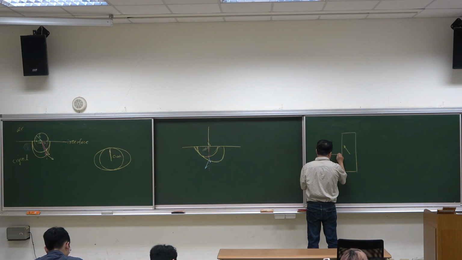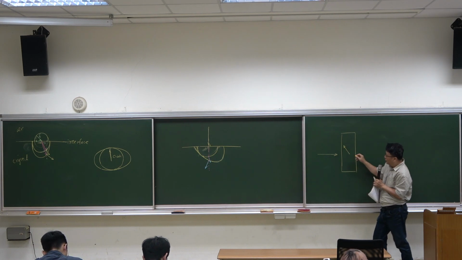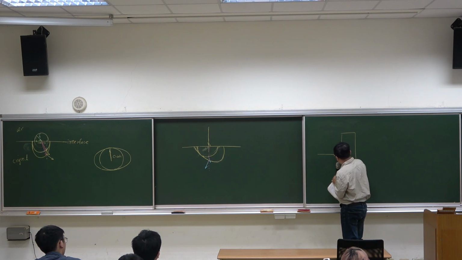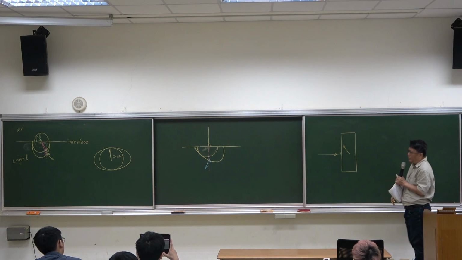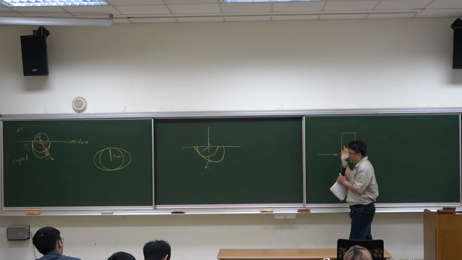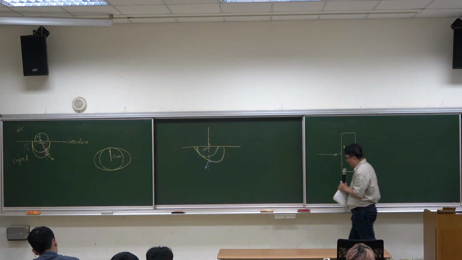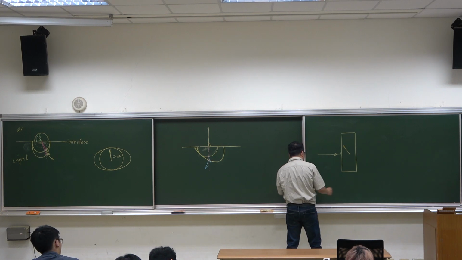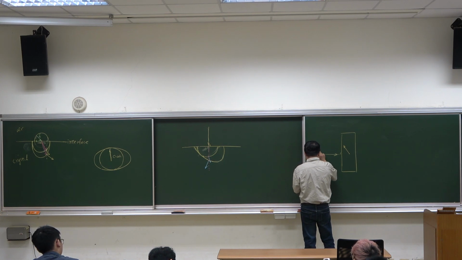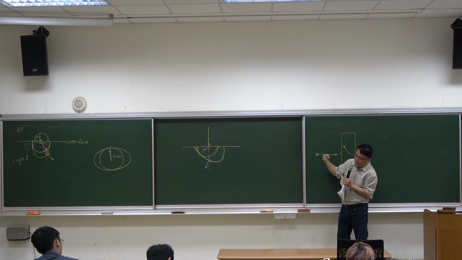Then I consider a beam of light incident normally, normal to this interface, which means it is propagating along the direction of the normal vector, or in the opposite direction. So now if I consider the incident beam having the polarization along this direction,